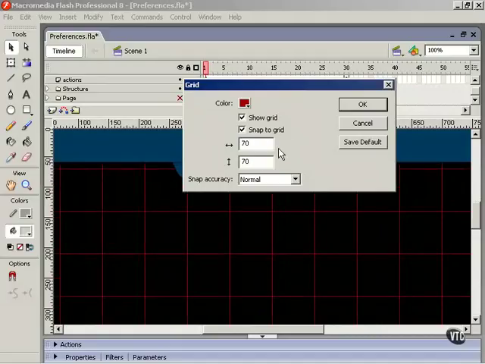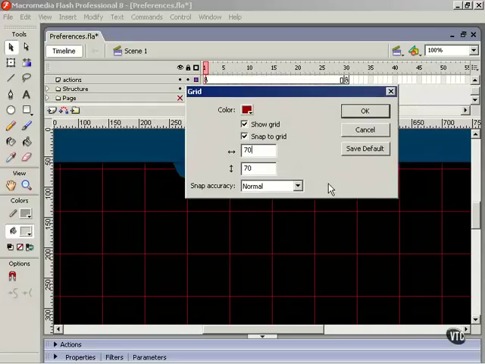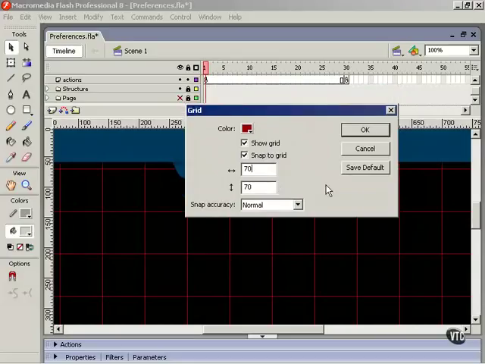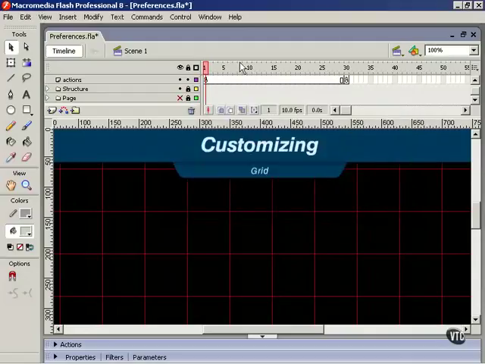Now here is where the extra options come in. Flash allows us to control the snap accuracy, and you should be getting used to this by now because it works in the same way as a lot of the other snapping options we've been looking at. We have Must Be Close, Normal, Can Be Distant, and Always Snap. The Always Snap option is a little bit interesting. I'll set this